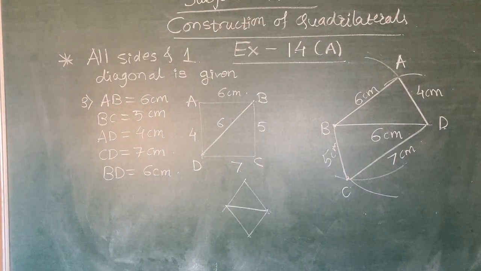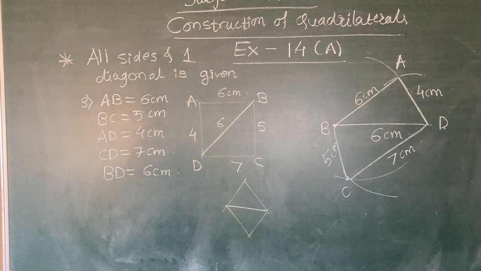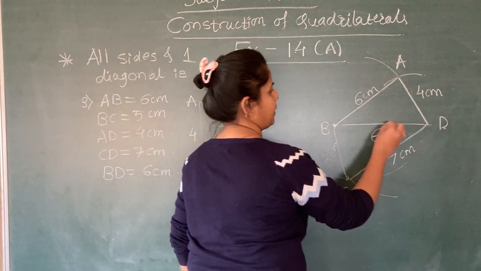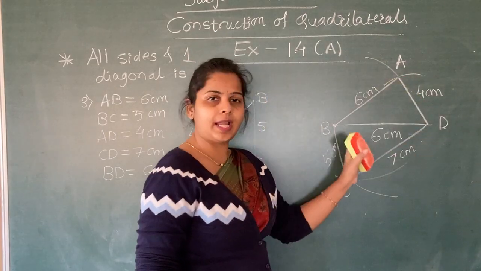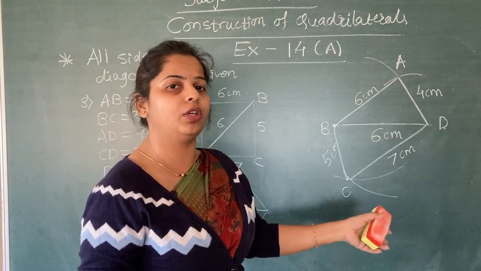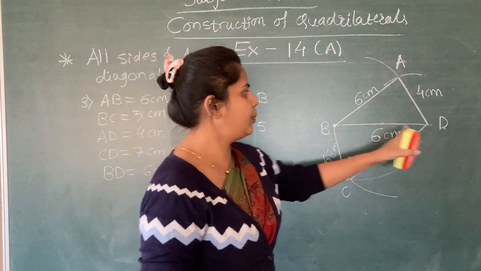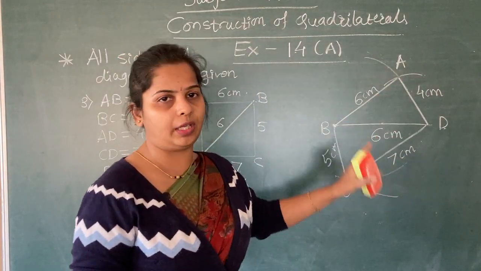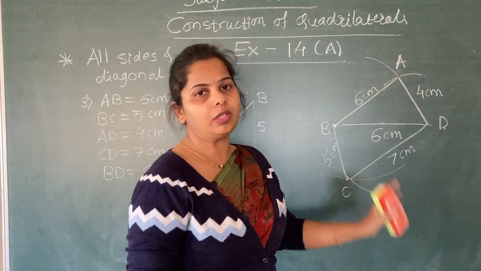So just check out how you can do it when all the sides and one diagonal is given. तब क्या कर सकते हैं हम लोग? We have to simply take a diagonal as a base. Diagonal will be as a base and all the sides you can draw. दो triangle में इसको divide करो. जैसे आप SSS triangle draw करते हो, just like that. Keep a base, upper triangle and lower triangle. दोनों triangle join करो. You will get your construction.